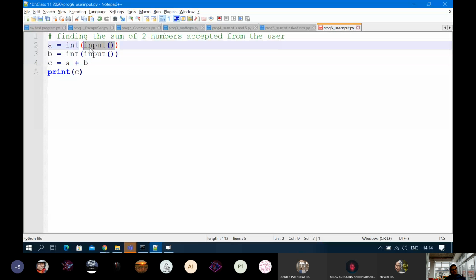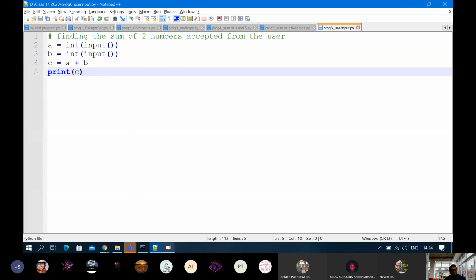So to change from a string to integer, we use the int function by putting the input function within its parenthesis. The input function will accept one value from the user and convert it into string. The int function will convert that user-entered value, which is a string, to pure numeric or pure integer form.